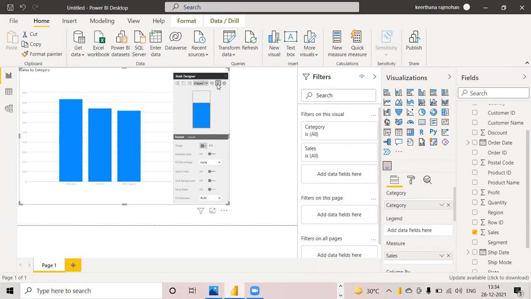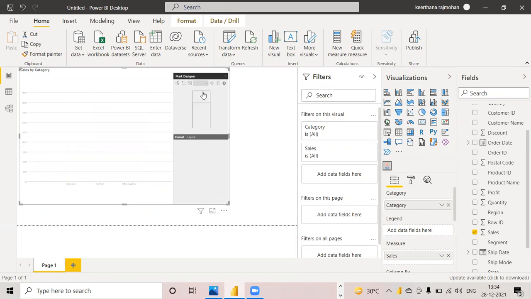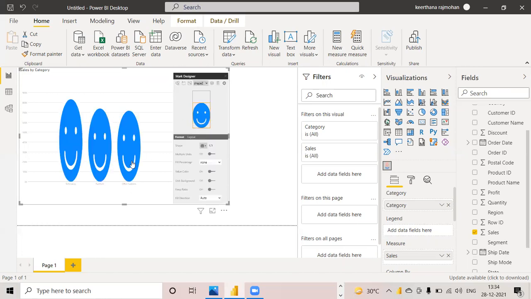First of all, we need to delete this image which is present, and click on this shape, and we can choose the shape here. After clicking on this shape, you can do the formatting. Here you can see format layout. Any formatting related to these shapes, you can do it from here. But the remaining formatting, which is similar to what we have explored earlier, you can go to this format option.